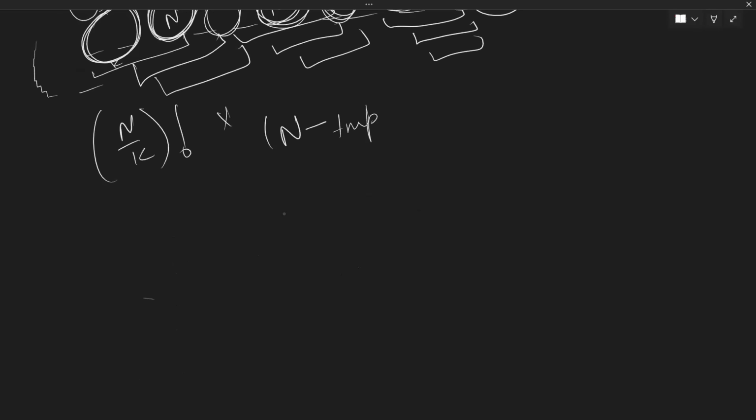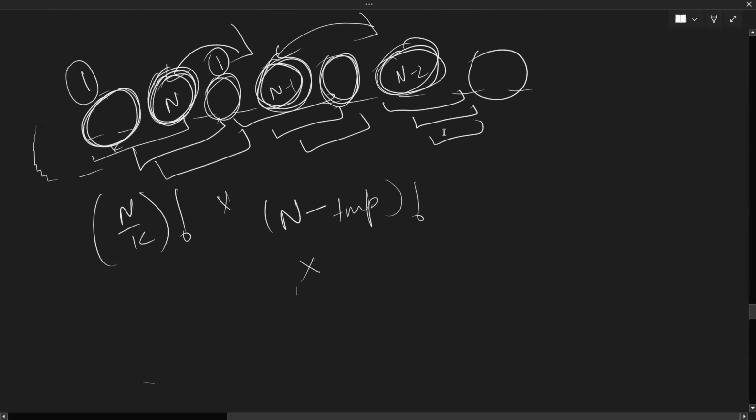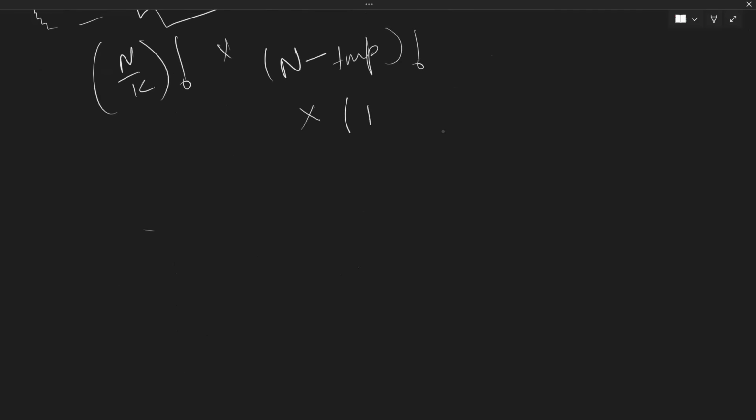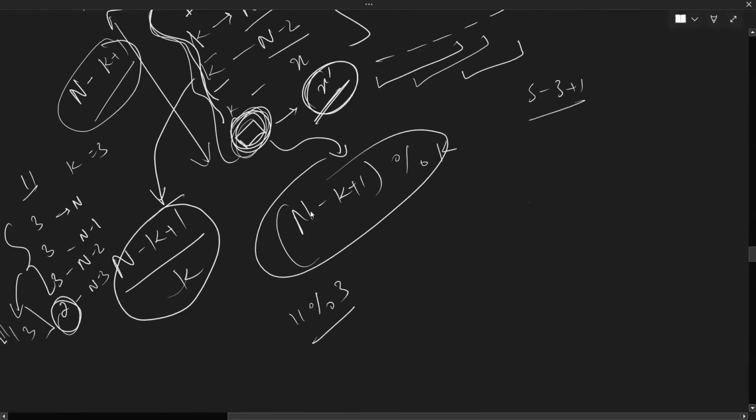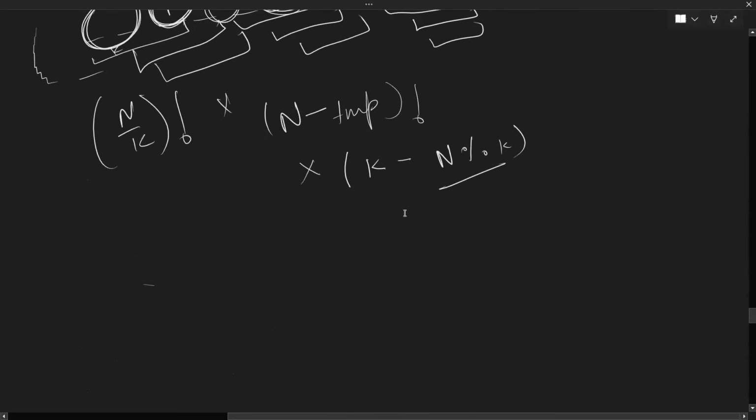All the remaining numbers, temp factorial. And finally, multiply this with all the options at which x dash can be there. So x dash can be there at k minus the places, where k is the size of the subarray. And how many places can it be? N modulo k. Same thing as what we had written here. This is the number of subarrays, right? K is the size of the subarray. We cannot move it outside these places, because then it will be maximum for more than the number of subarrays